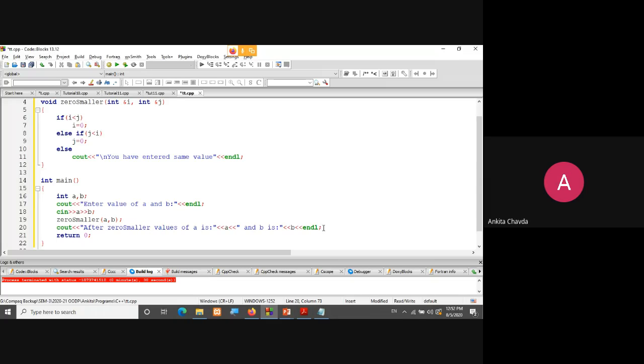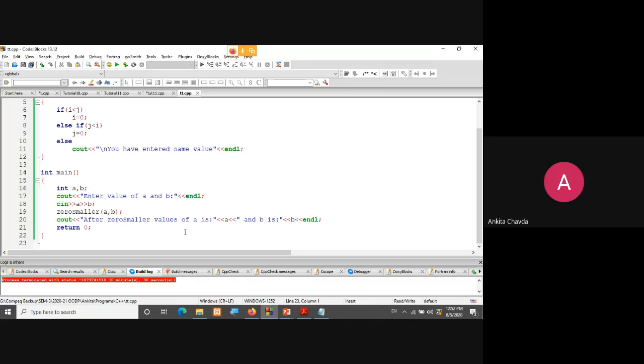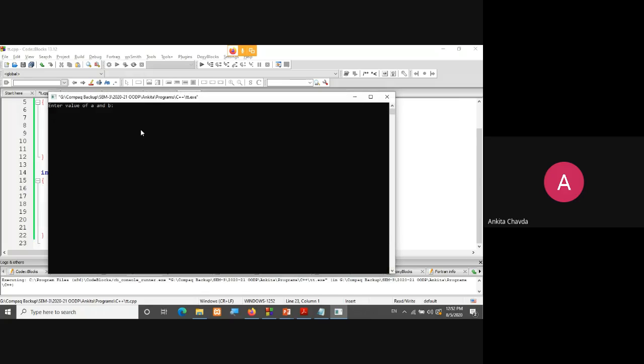So after this function, I need to check the value of a and b, because the smaller value I've made 0. Enter the value of a and b, suppose 5 and 10. After zero smaller, the value of a is now 0 and b is 10. Done. Any doubt in this?